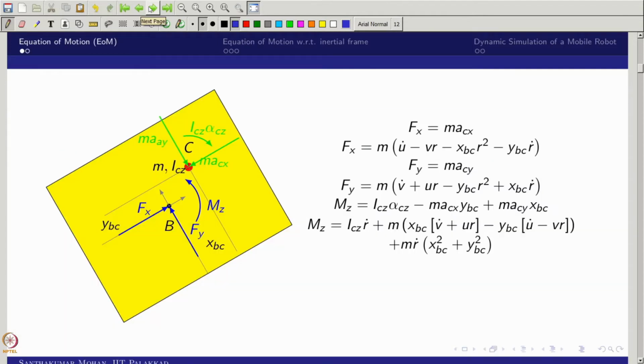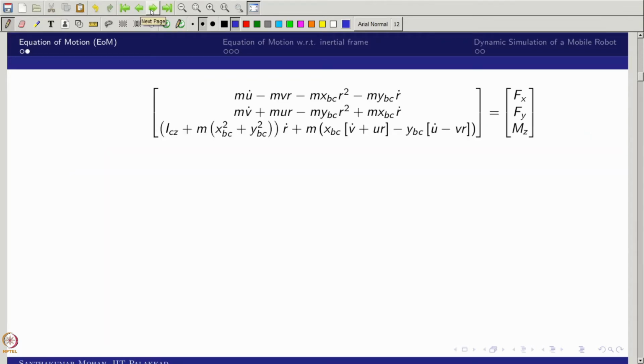This is the model we showed in the last class, where Fx, Fy and Mz can be obtained with either Newton-Euler or Lagrange-Euler. The generalized equation we obtained, generalized meaning that the body frame and the centroid are not the same point but distinct, gives the dynamic model in this form. We are considering and writing this in a very simple sense, in this case vector to vector, not a matrix.